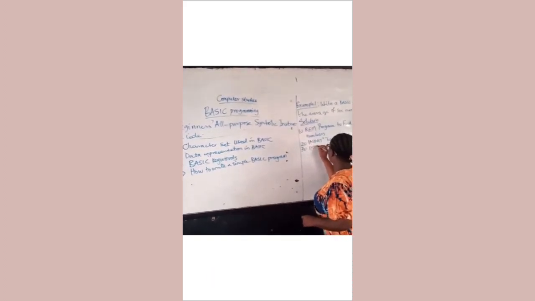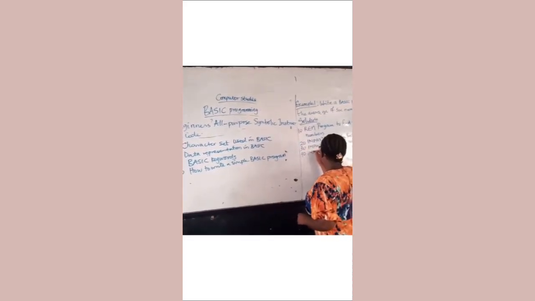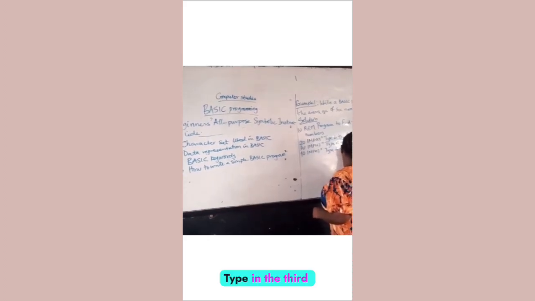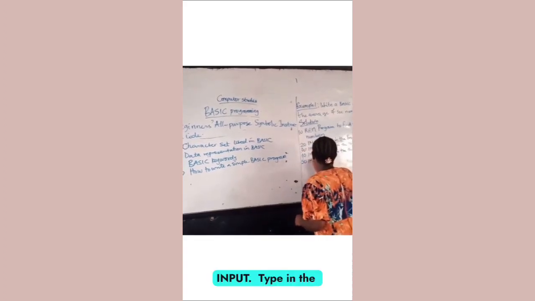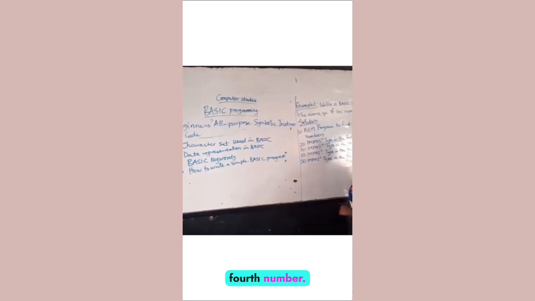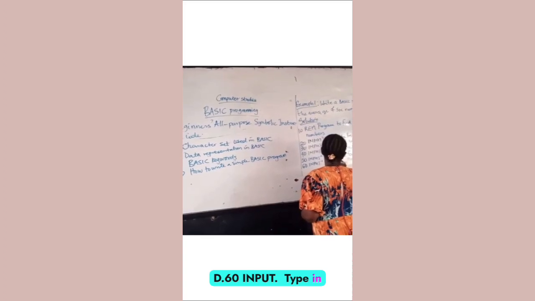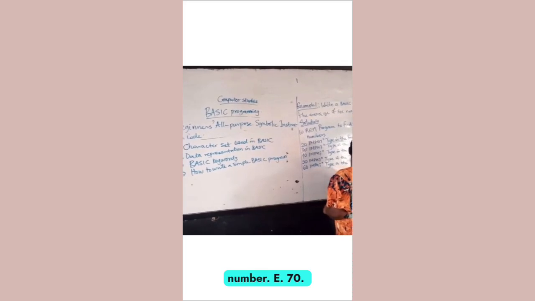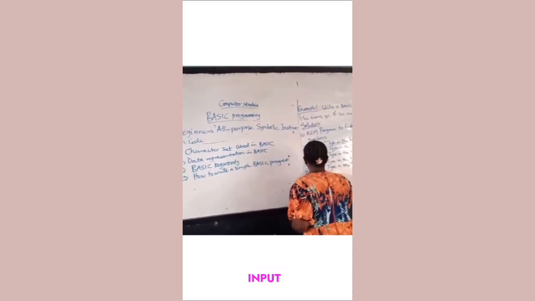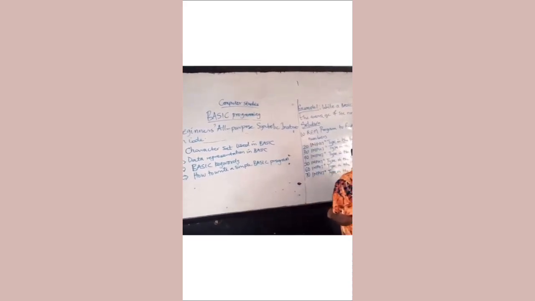Then line 30, INPUT "Type in the second number", B. Line 40, INPUT "Type in the third number", you store that in C. Line 50, INPUT "Type in the fourth number", D. Line 60, INPUT "Type in the fifth number", E. Line 70, INPUT "Type in the sixth number",